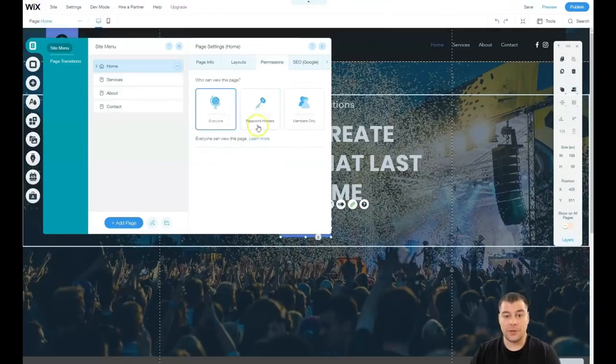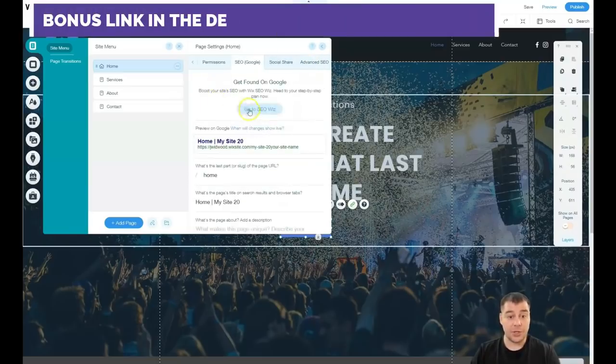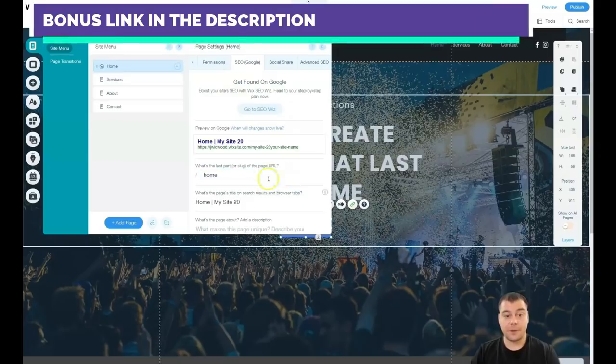If you're building something for maybe educational purposes and you have members, you can use the membership option, and only those people who have applied for your membership will be able to jump to your site